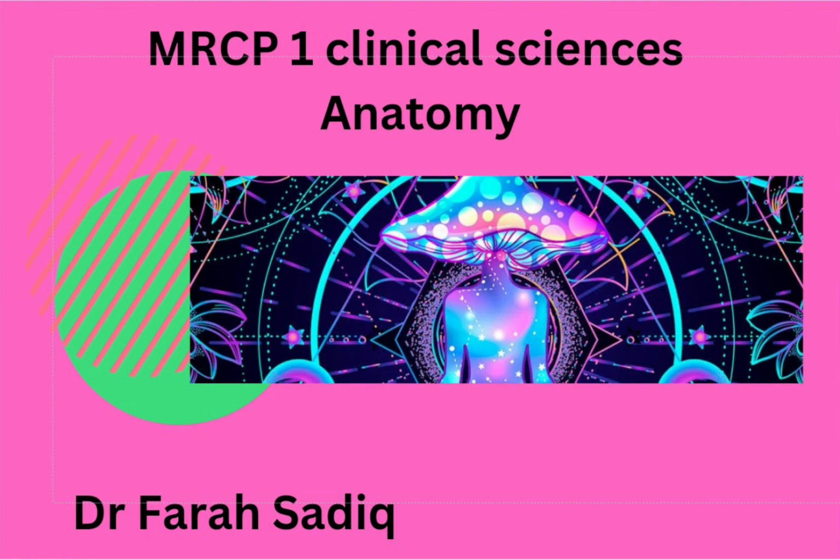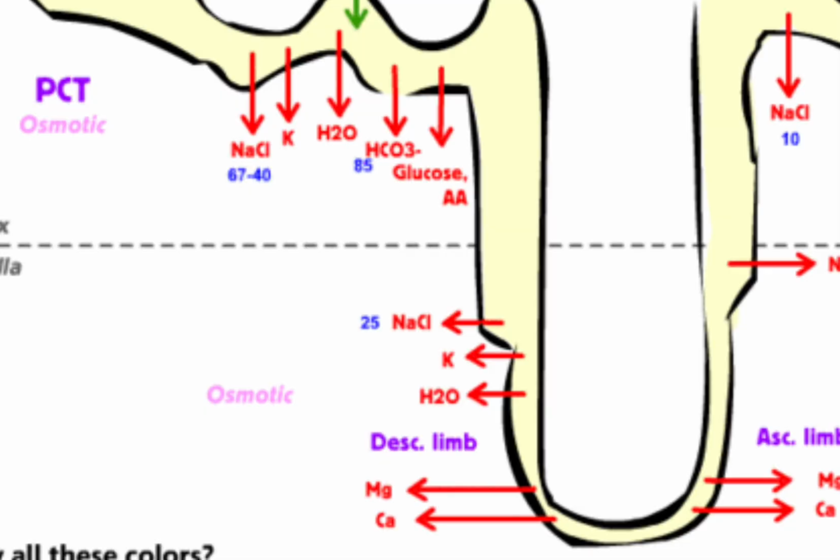So today I will discuss renal physiology. We need to know what things are absorbed from the proximal convoluted tubule. So it is to tell you that everything is reabsorbed from the proximal convoluted tubule, including glucose, amino acids, phosphates, bicarb, water, sodium, and potassium. Then further down in the descending limb of the loop of Henle, sodium chloride, potassium, and water